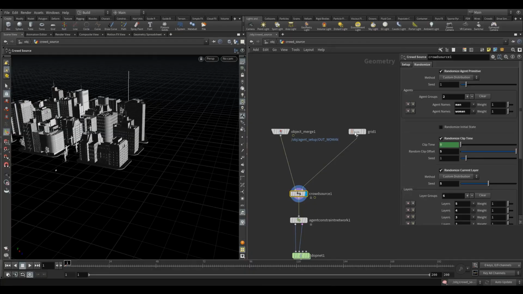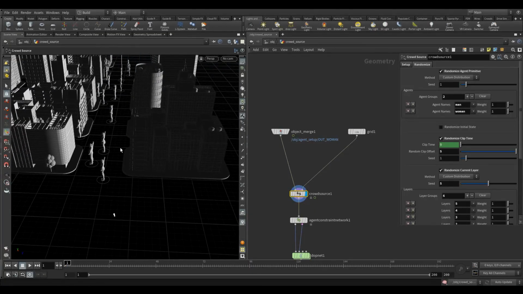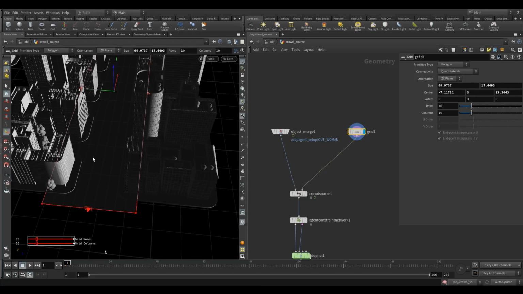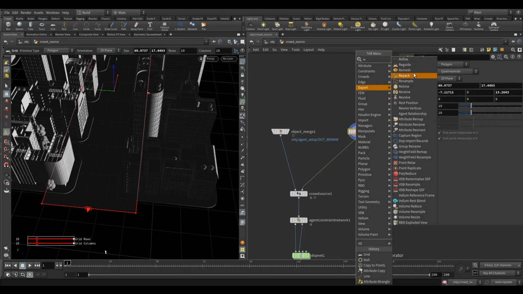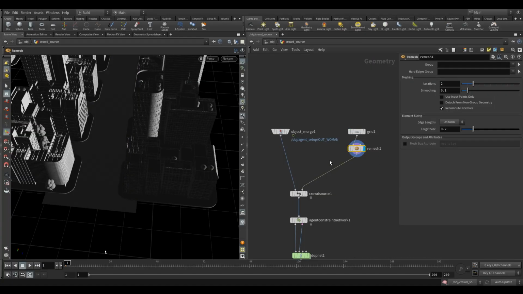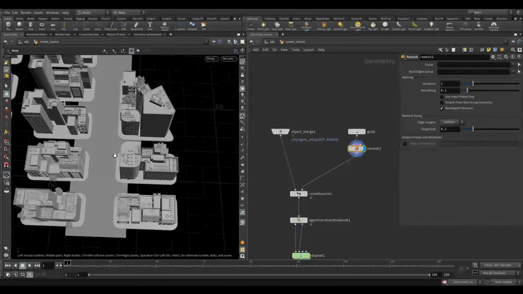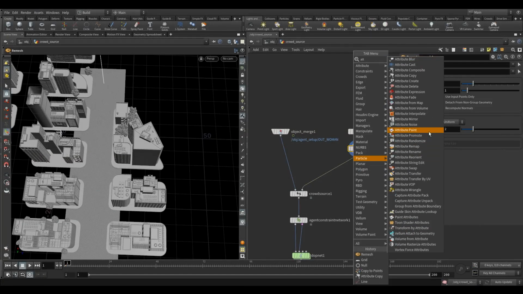But we also want to, what I'm going to do is paint onto this, right? So I need more points to be able to paint onto this. So I'm just going to use a remesh. You could use a subdivide or whatever you need. I'm just going to turn the lighting off so I can see this a bit better. And then if we drop an attribute paint,